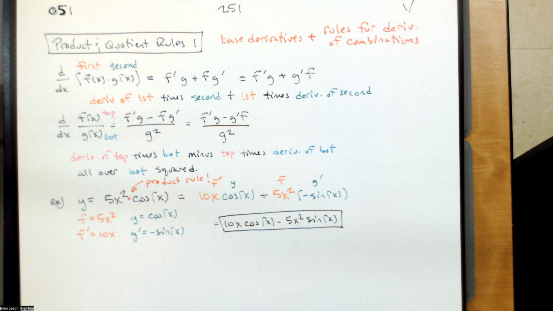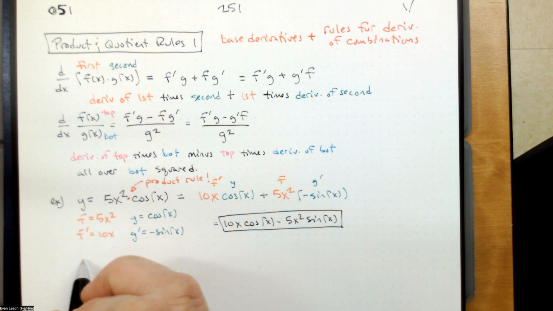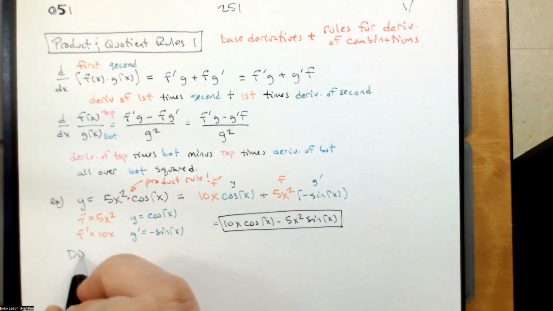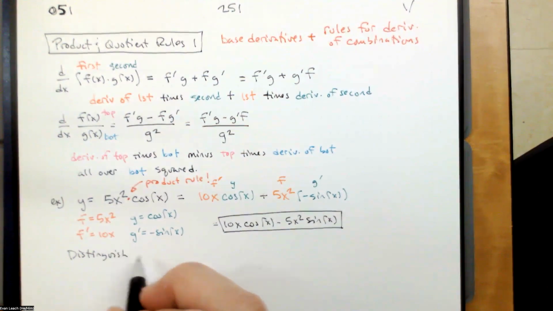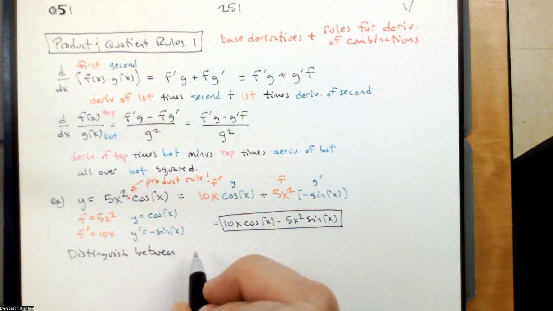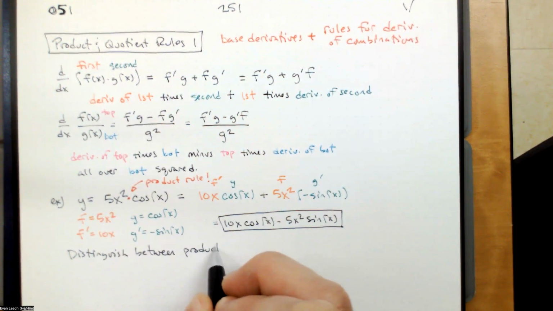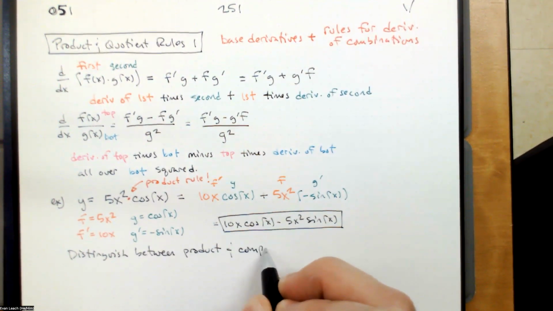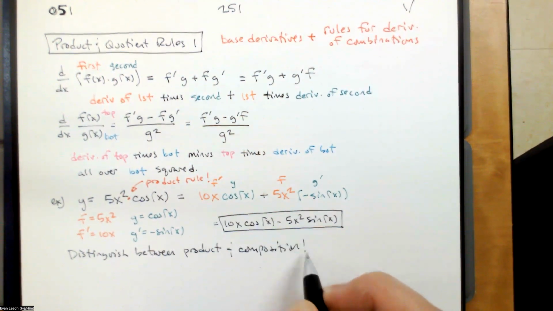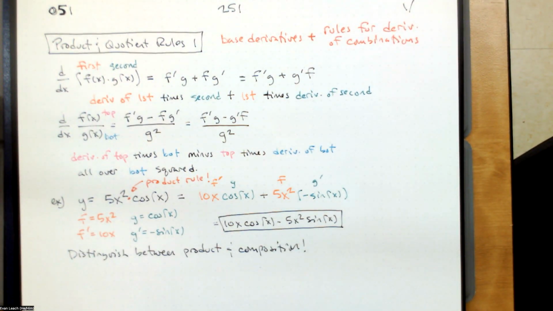One of the things that we have to get used to is the way that we write things in math. We have to be able to read expressions. So, notes: we need to get familiar with the way that we write things in math so that we can distinguish between when we're looking at a product and when we're looking at a composition. So for example,